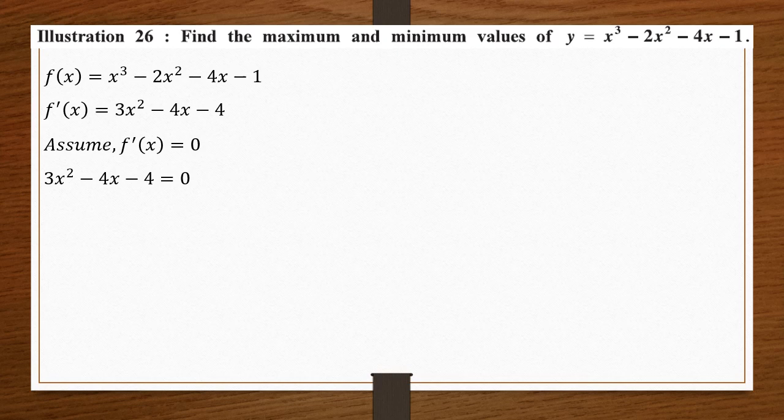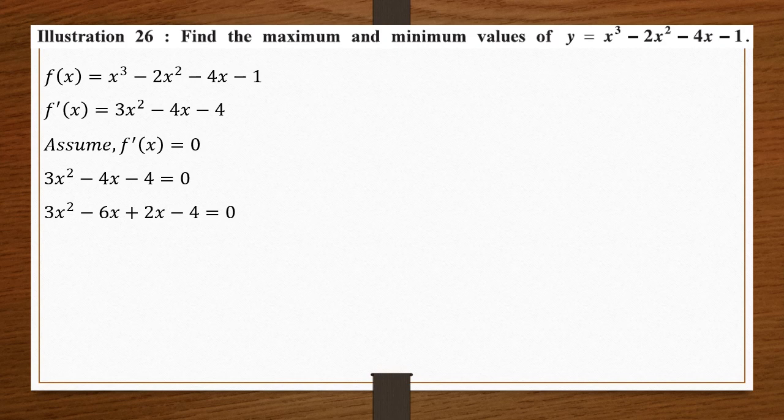So I am assuming 6 and 2, negative 6, positive 2, 6 2s are 12. So it will be 3x square minus 6x plus 2x minus 4. As you can see, the middle value is negative 6x and positive 2x. That will be negative 4x, which is the actual value. And when I multiply 6 with 2, I get the negative 12, which is the multiplication of the first and the last values. Okay, now the first part here is 3x square minus 6x. The second part is 2x minus 4.